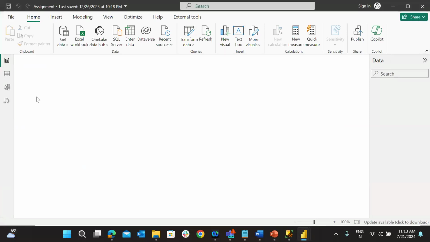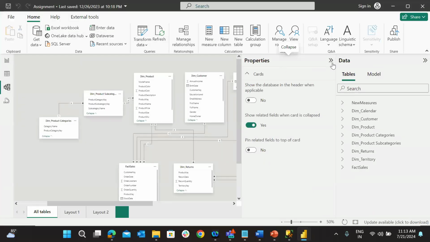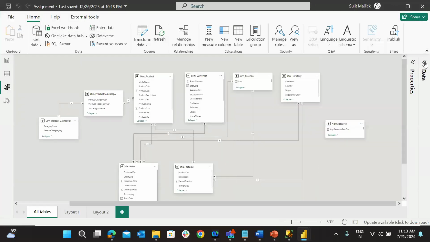So let me show you the data model first. You need to build this data model from scratch. There will be multiple tables, and by using multiple tables, you need to build this data model. From where to where we should give relationships, how to give the relationships, all those things you will learn and implement. Once this is done,